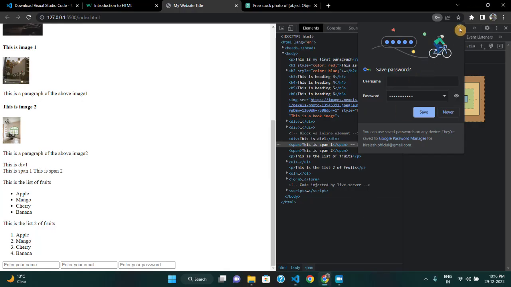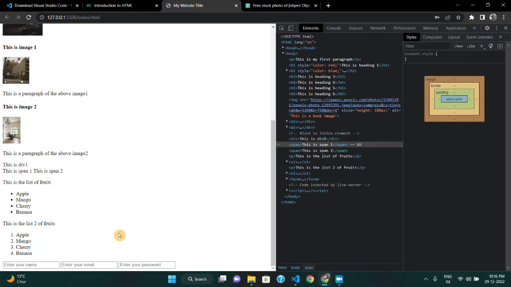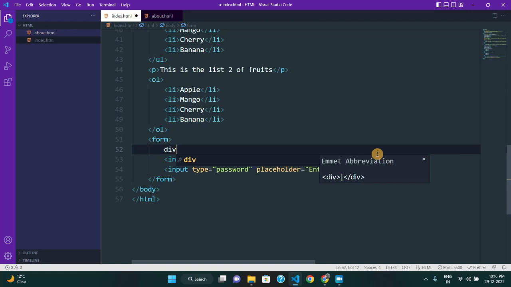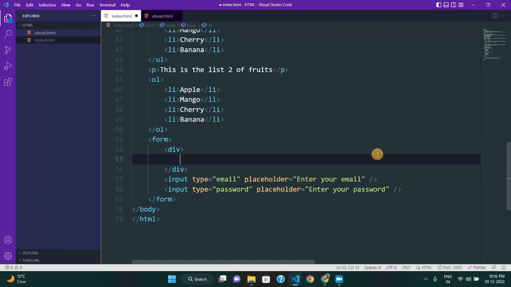Now let me close this pop-up here, and let's just say you want to bring each input field onto a particular line, right? You want to order them in a line by line format. You don't want all the input fields on one single line, and you can do that by putting each input field into its respective div, right? You can make a separate container for each, because you know that div is a block level element and it occupies the entire width of the